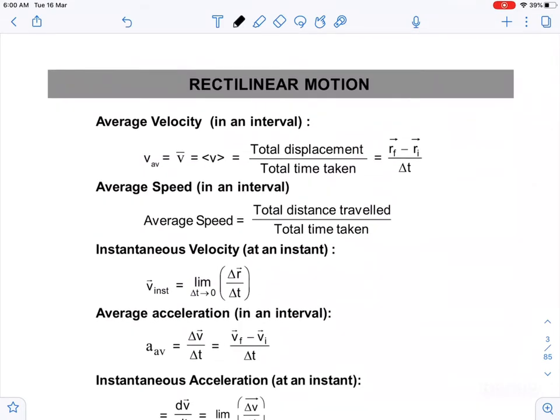Now actually I have made a video on unit and dimension in very much detail. I have taken a series of 10 or 11 lectures for unit and dimension, so I'm not going to give too much attention on this topic.